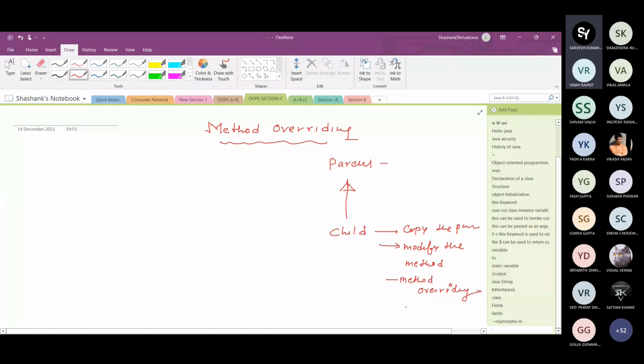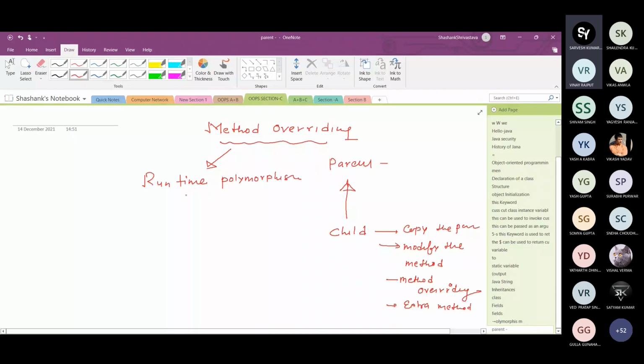So we have discussed method overriding in detail. Method overriding is an example of runtime polymorphism, or dynamic binding, or late binding.